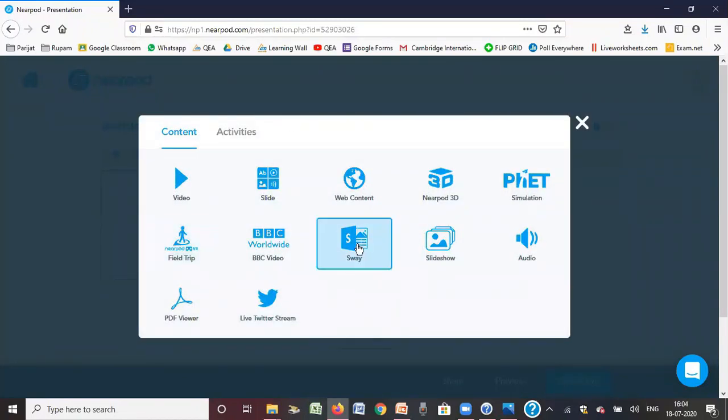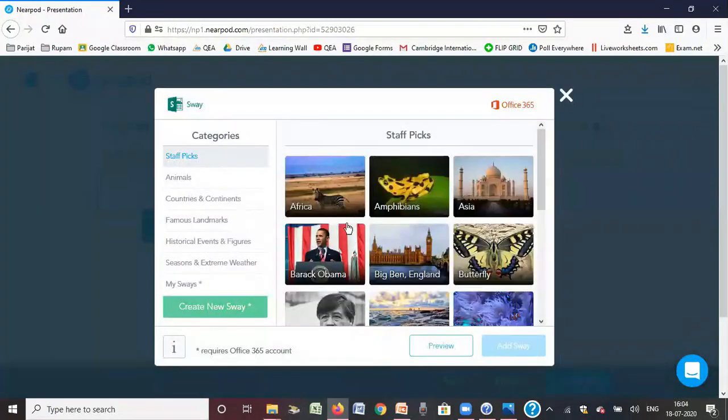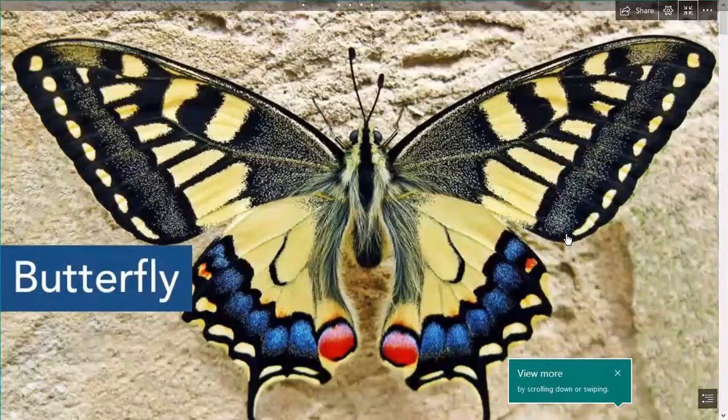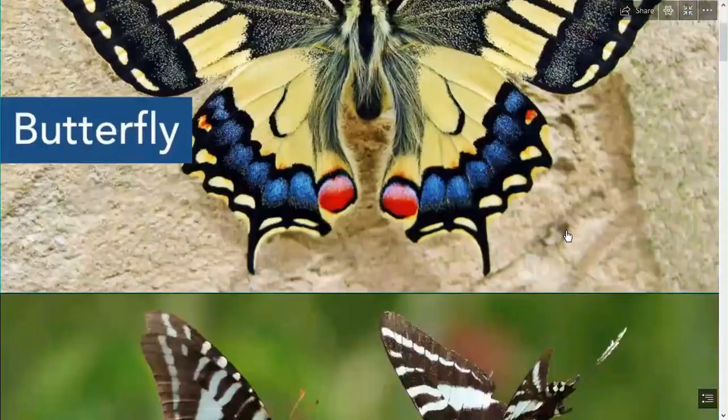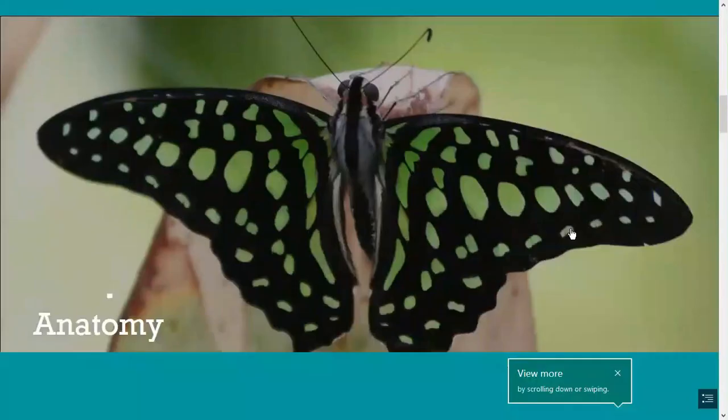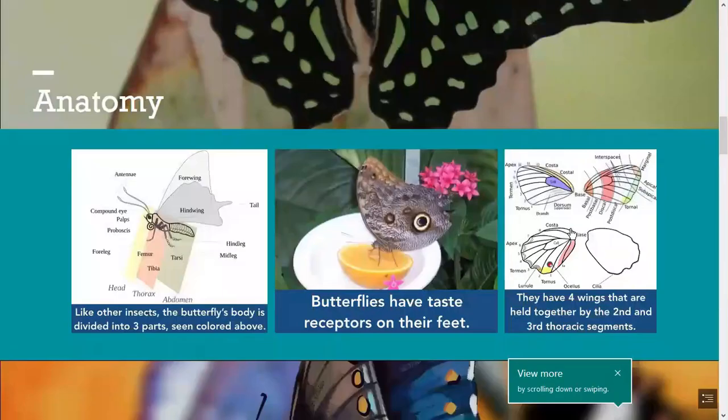So next is Sway. Sway is a presentation. You have all your content at one place, but it's slightly different from a PowerPoint presentation in terms of its look and feel. So I'll just show you one of the Sways here. This is of a butterfly. And you can see the description all about butterflies over here.